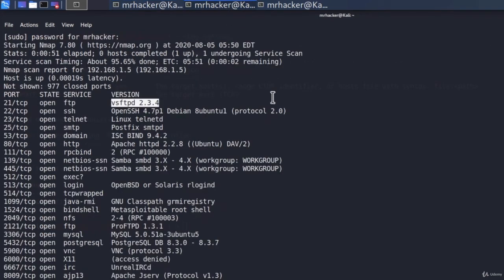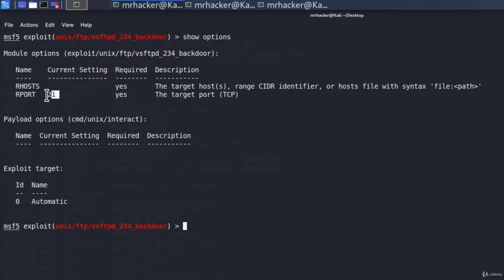If we go to my scan, we will see the port is set correctly, which is port 21. So this is something that we will not change. However, we need to set our remote host IP address. So let's set the IP address of Metasploitable, set our hosts,